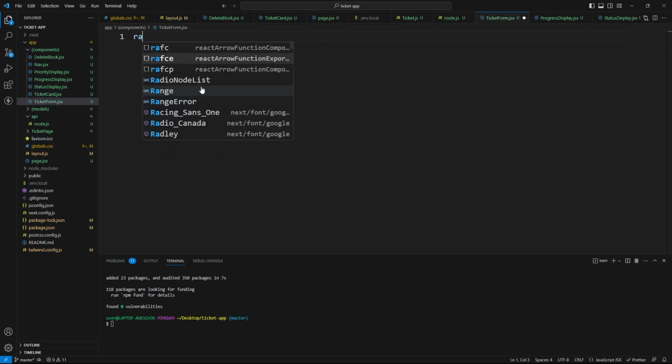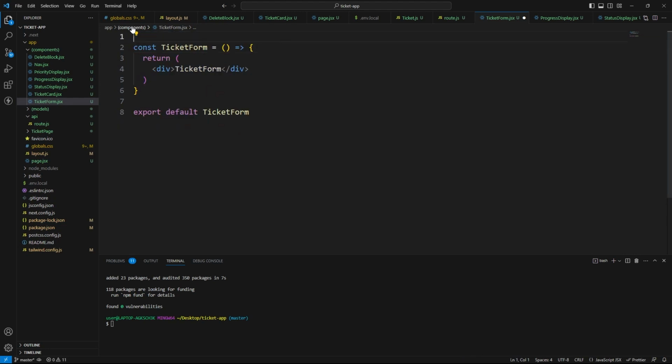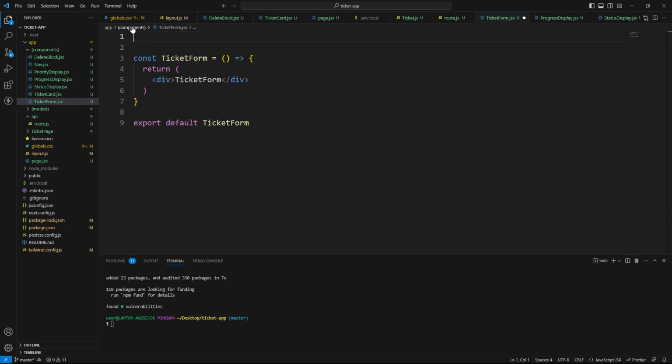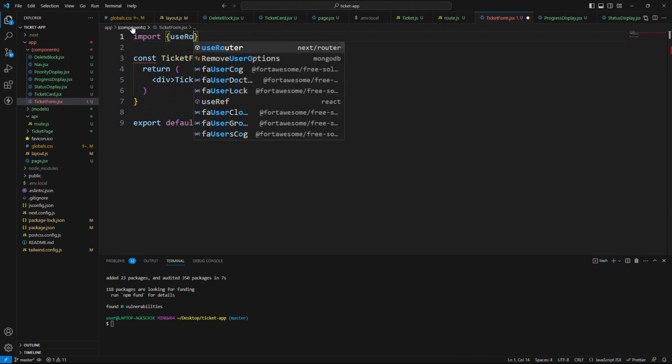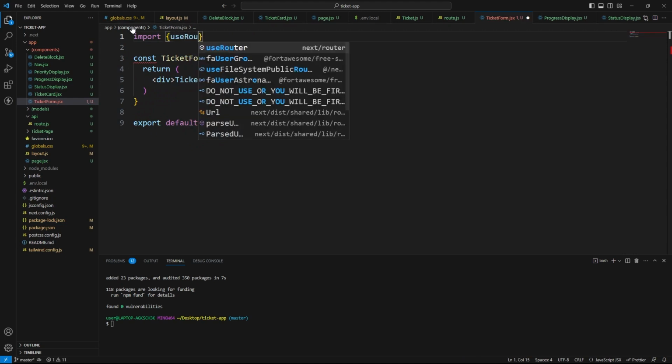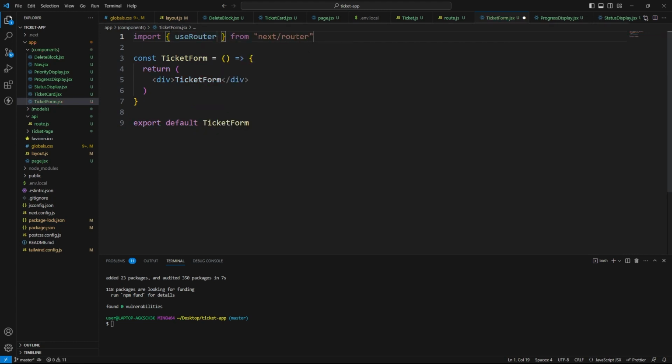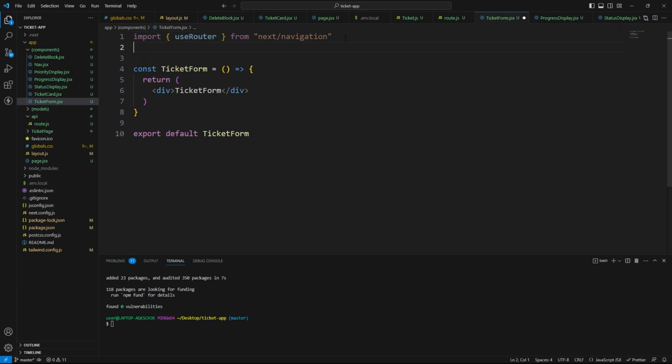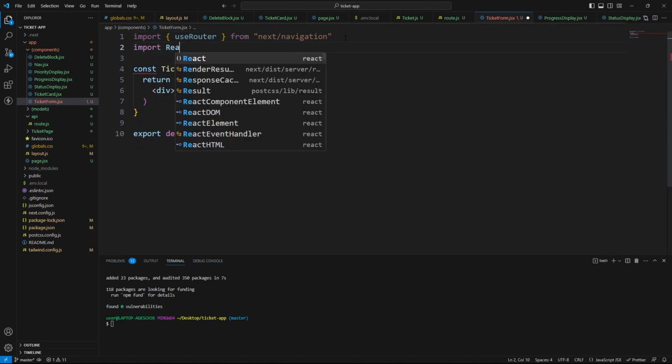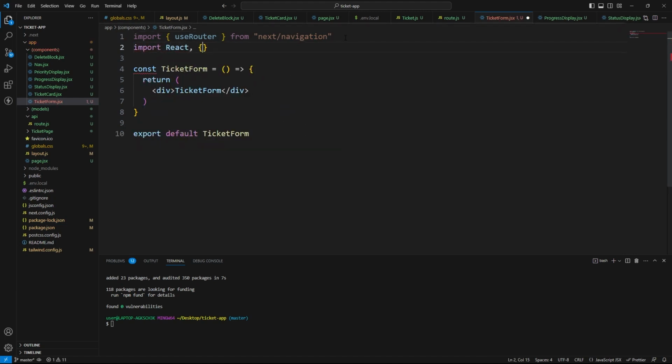RAFCE. We're going to do a couple imports in here, and I want to make sure we get them right. So let's go ahead and do those. Let's do import useRouter. Now this is the weird one. If you do the default one, it's next/router, and that's not what we want. We want next/navigation. And then below that, we want to import React useState